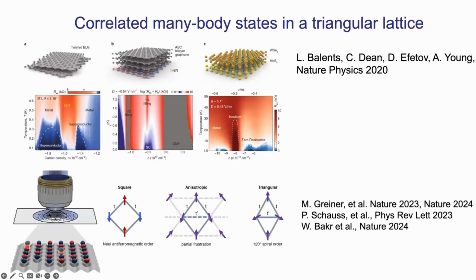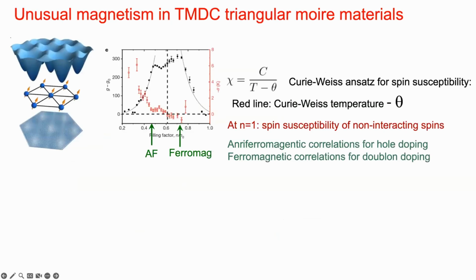Okay, so during the last few years, there has been a lot of interest in lattices beyond the square lattice, motivated to a large extent by moiré systems, and our experimental colleagues in the cold atoms community also got intrigued and realized triangular lattices in the experiments, and I hope we will hear more about this in Wasim's talk. And there are many interesting experimental puzzles in moiré materials. I will highlight just one, which is central to what I'll be discussing.